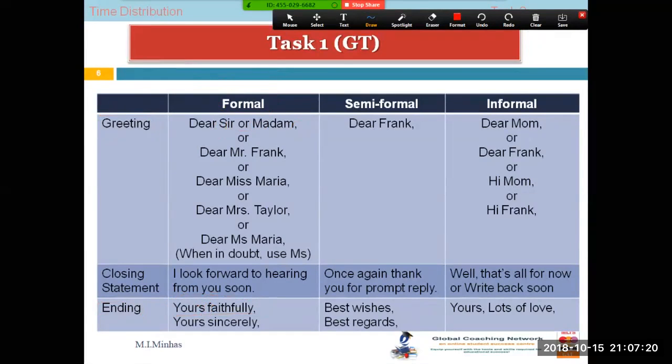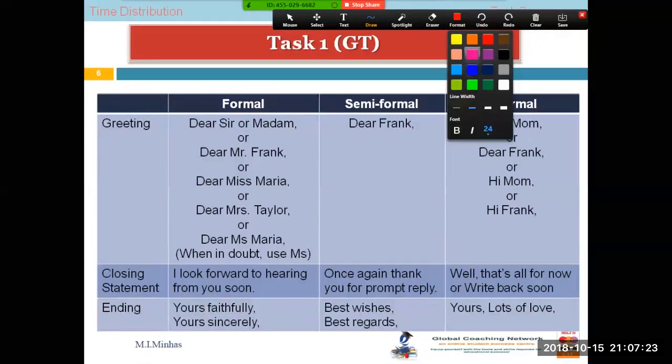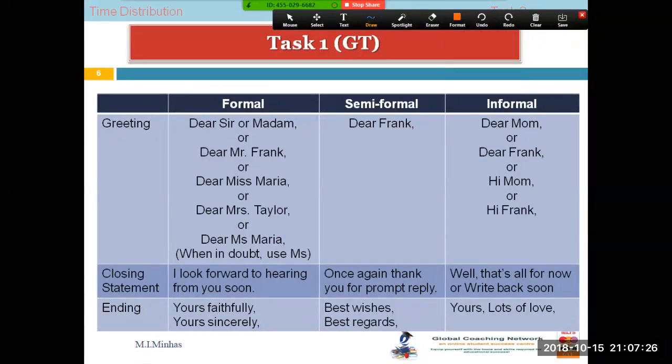After that, sometimes we know the name of the person to whom we are writing a formal letter. For example, we might know the name of the bank manager to whom we are writing, or we have just received a letter from the bank manager in which he has written his name, and now we want to answer back that letter. In that case, we'll know his name, obviously, or her name, right? So here we will start our letter like Dear Mr. Frank. Now here Mr. is a title. You must include this title,